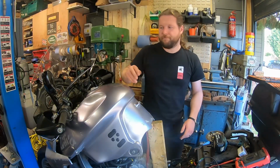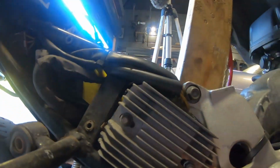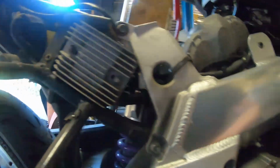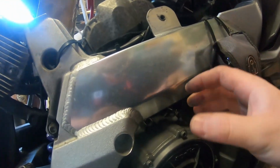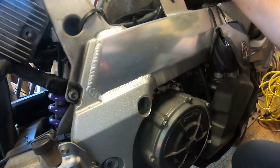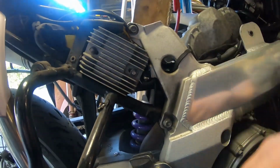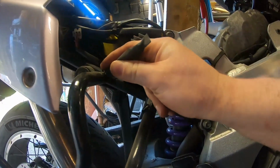Would you like to have a look at this? This is a rectifier. Now, this may have failed, but what I want to do is just go through the wiring. So, inside here, well, this is the clutch, but on the other side, inside here, you have the actual stator or field winding. That is spun by the engine and creates voltage. Voltage is good, we like voltage. What it then has, and this is basically your alternator in your car, has all of these in one. This, which makes sure, see,